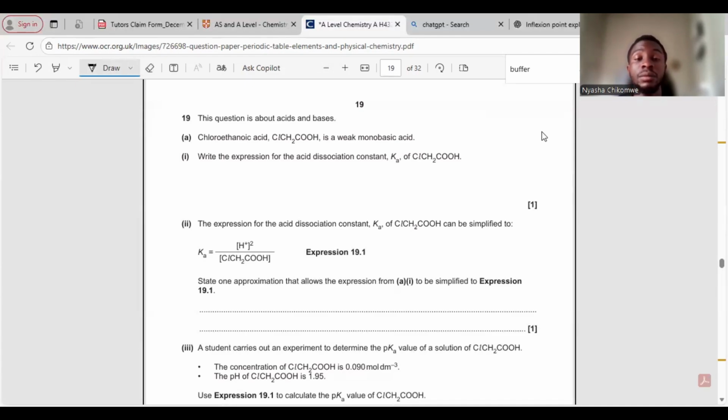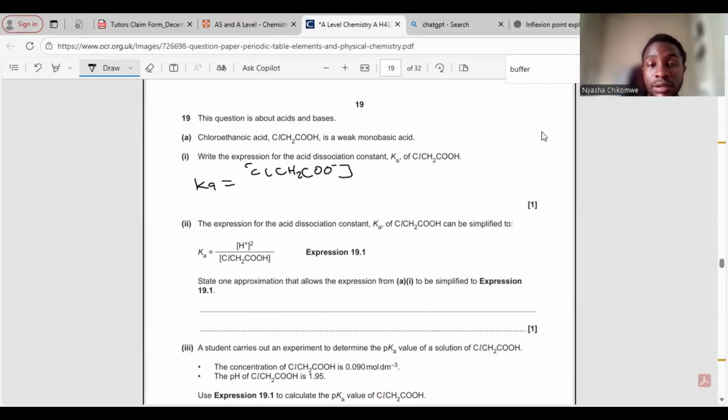There's a question here. This is not a buffer, but just an acid. So this question is about acid. Chloroethanoic acid is a weak monobasic acid. Write down the Ka expression for chloroethanoic acid. So remember, this acid will dissociate to give us